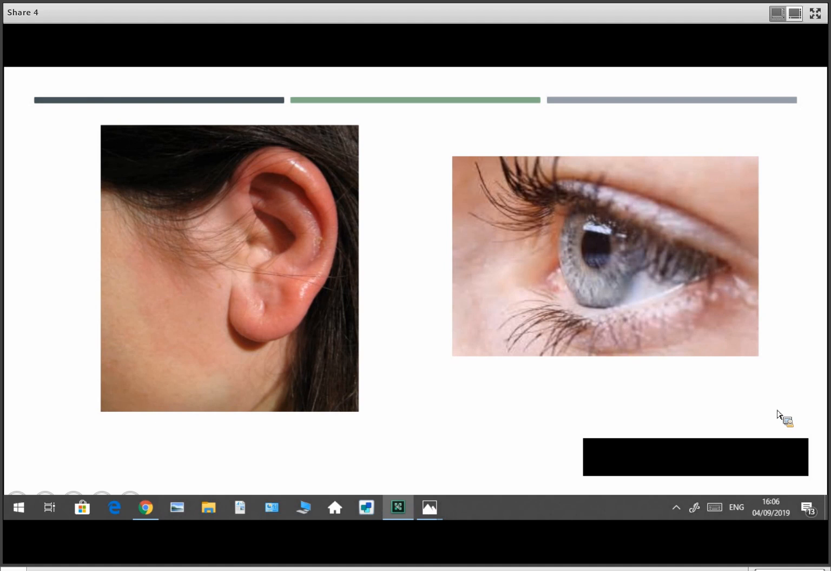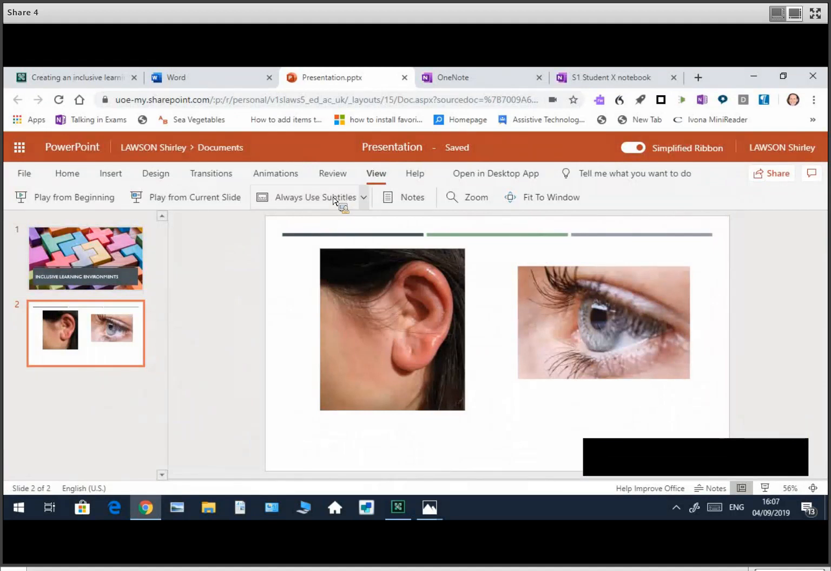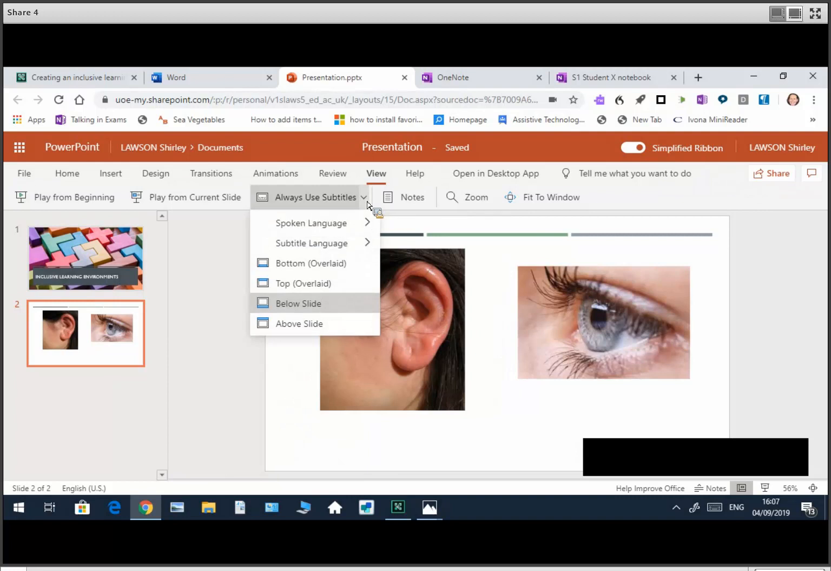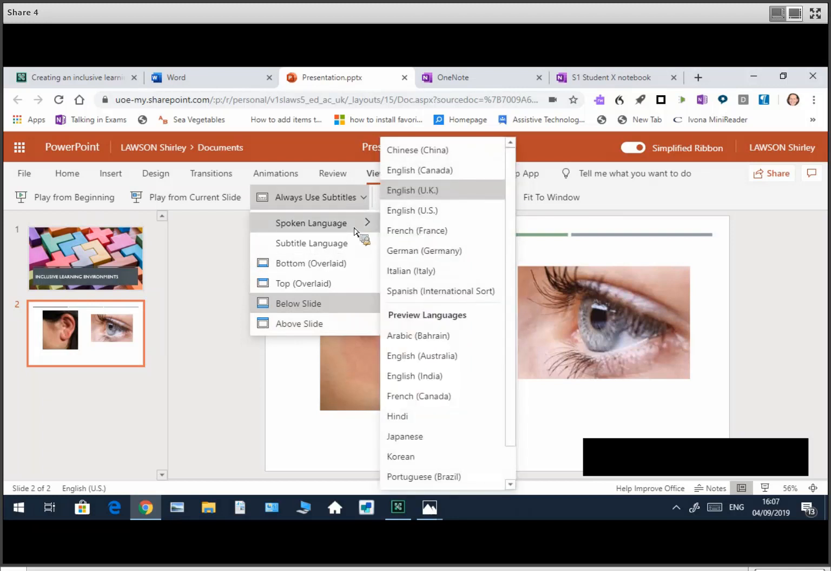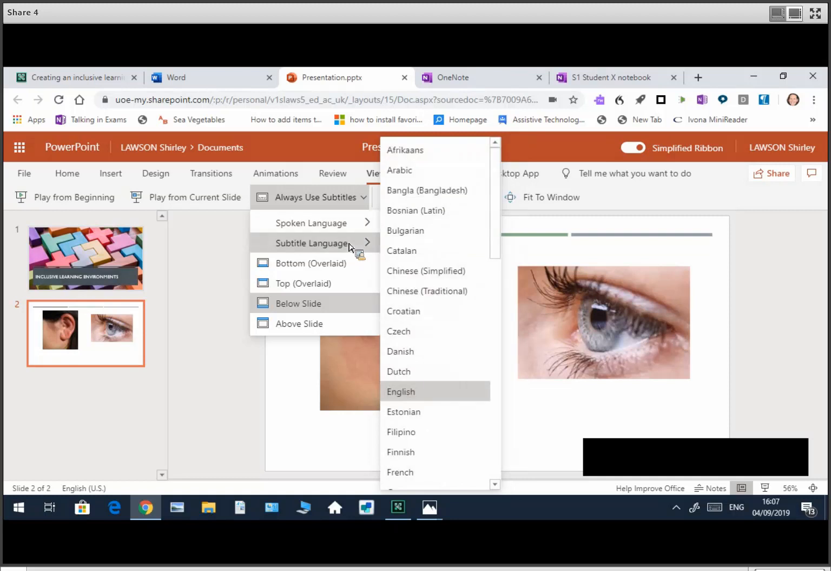And for the pupils in your class who perhaps have English as additional language, there's another feature you can use. If I go back to the PowerPoint here, back to the settings, and in this bit which says always use subtitles, if I click on the drop down there, you can see not only can I choose where in the slide the closed caption appears, but I've got the spoken language, so I'm speaking English UK, but for the subtitle language, I've got this huge selection of different languages. So say for example,